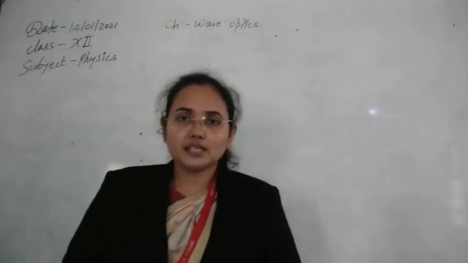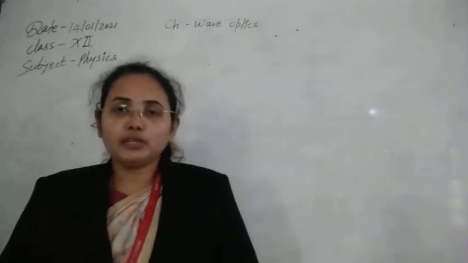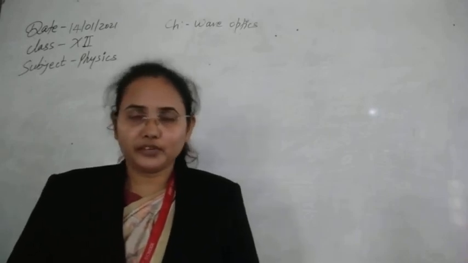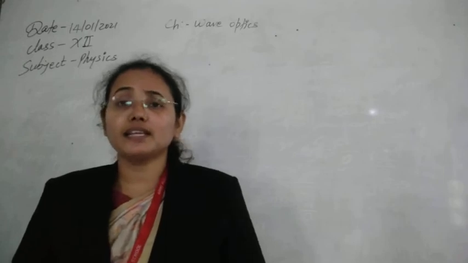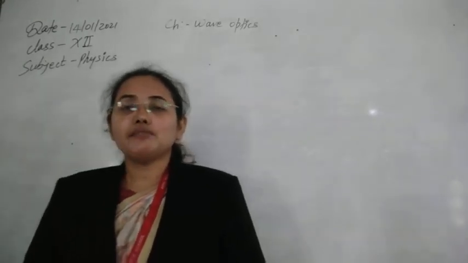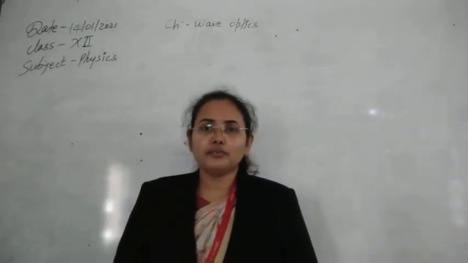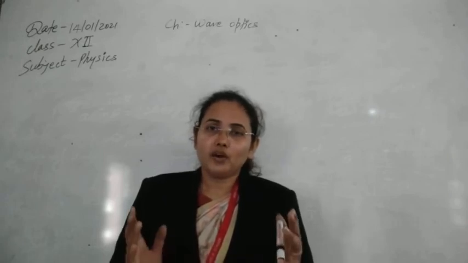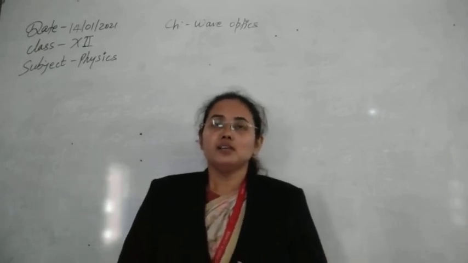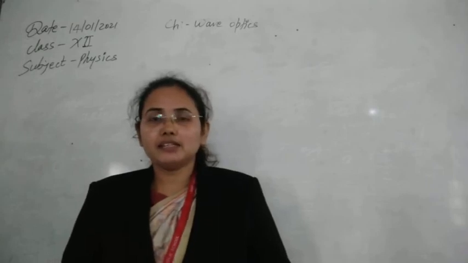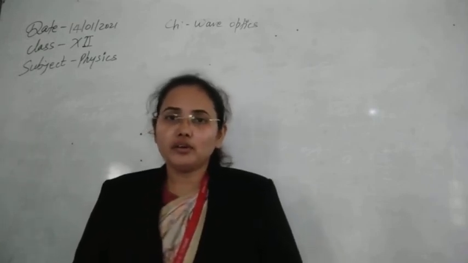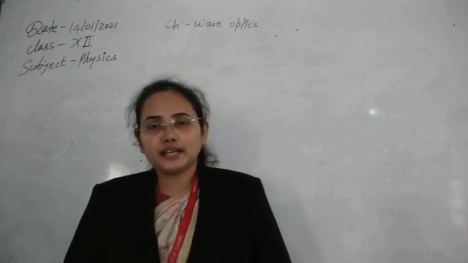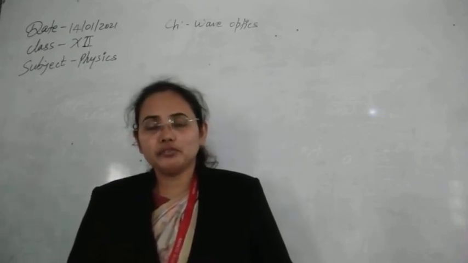Let's summarize our results of the chapter. In this chapter, through wave optics, we have discussed two phenomena. The first is diffraction of light, and the second is interference of light. We have seen a number of differences between interference and diffraction. The first similarity is that both phenomena are observed because of superposition of waves.